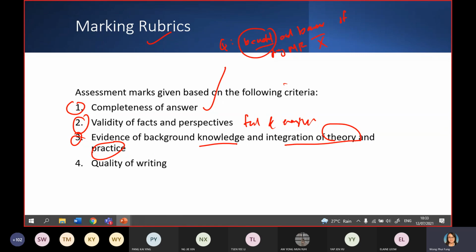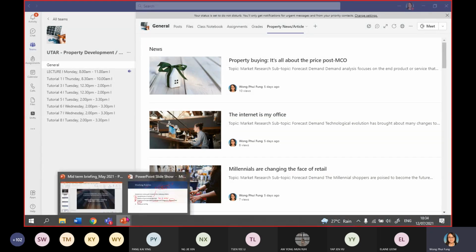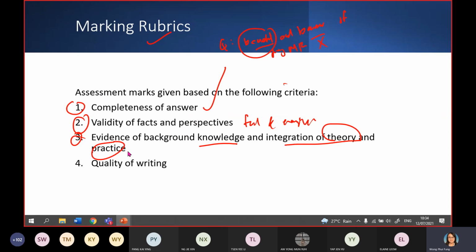Do you really integrate what we have learned together with the practice or not? Just like I told you, now after MCO, they already changed their preference. Then I showed you the news. I showed you the fact. So this one you have to bring into the discussion. That's why I gave you the news, it is not for fun. Seriously, I want to help you understand the course better. So for those who read, if you can provide this part, you will get high marks in this portion.